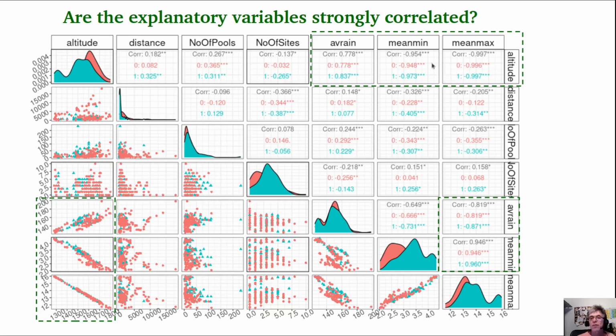It's essentially, therefore, again the same variable. We should select one of the variables between the minimum or maximum temperature and the altitude, and the average rain is also highly correlated. By highly, we mean a correlation higher than 0.7, as suggested by that paper of Dormann and collaborators in 2012